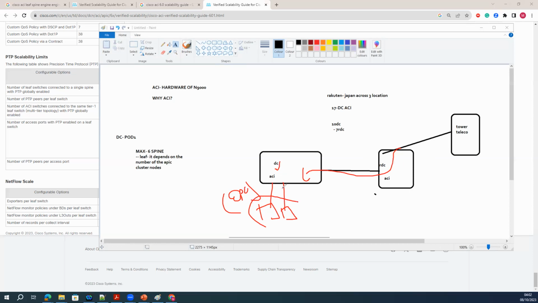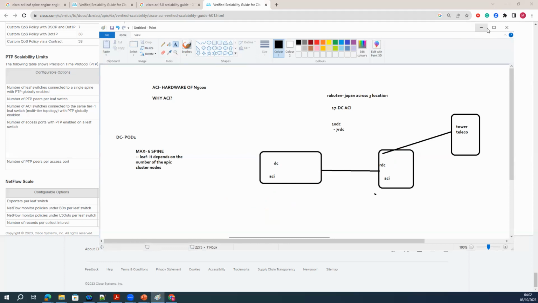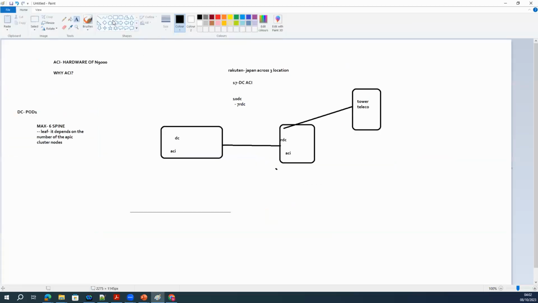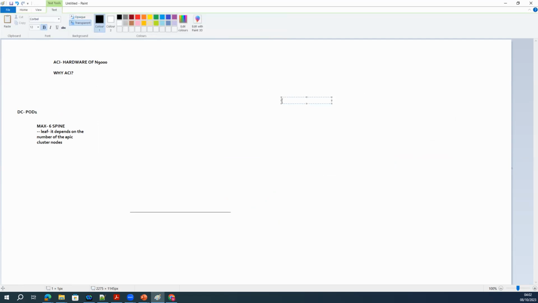What are the factors we need to consider when we plan for a spine upgrade? What are the possible reasons to go from 2 to 3 or to 4? It's the scalability. If you want to upgrade the spine, that will be totally based on your scalability requirement. Is it only the port density when it's fully occupied? It's not about the port density. You also have to consider the throughput.